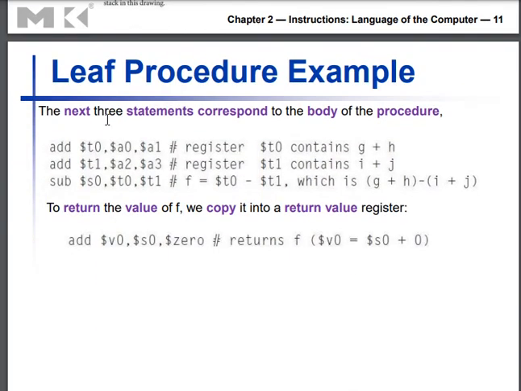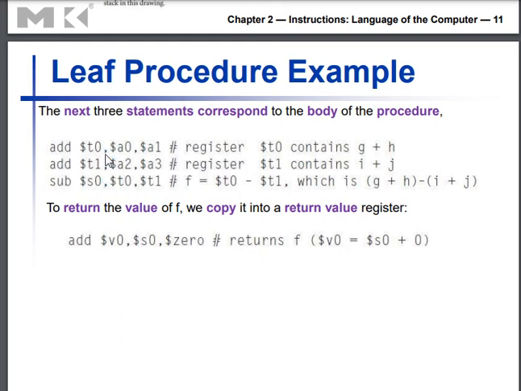After you push the 3 values onto the stack, now you do the procedure. In the procedure, you have 2 additions and 1 subtraction. With the values of the parameters, we are adding A0 and A1, adding A2 and A3, and subtracting those values. So here you see that the new value of T0 will be the addition of this, the new value of T1 will be something like this, and the new value of S0 is here. These are the new values.